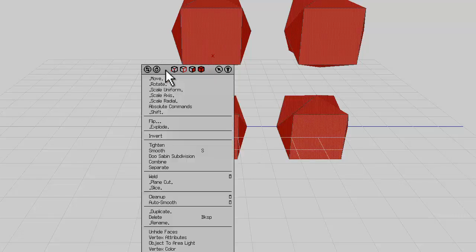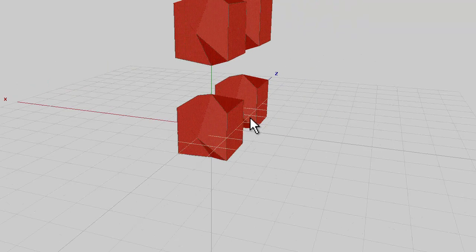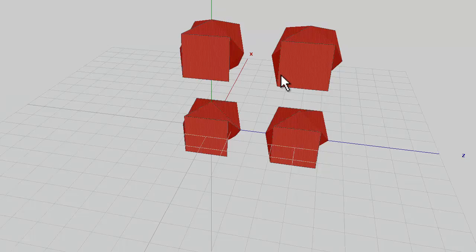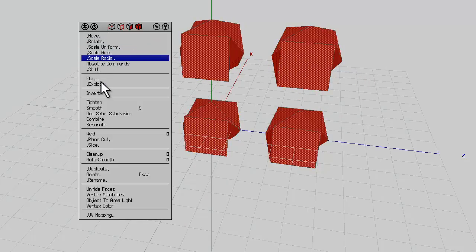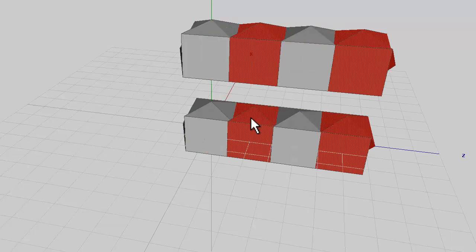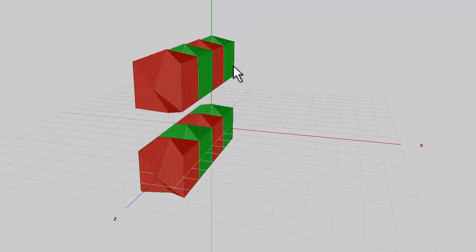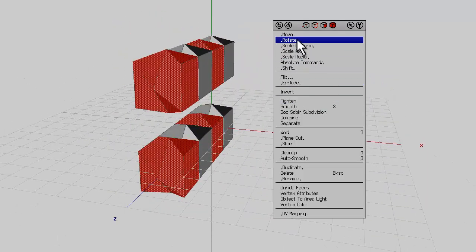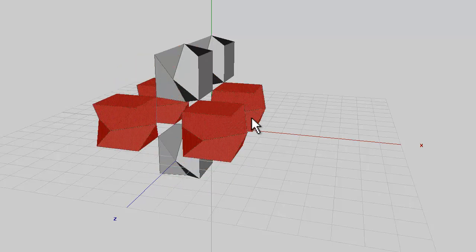Now select all of these, right click and combine them into one object. It'll make handling them easier. I'm going to move them now along the z-axis, so I'm going to right click, not just move but duplicate. So duplicate them along the z-axis. I'm just going to step them out like that, then rotate them on the z-axis, so rotating z-axis 90 degrees,